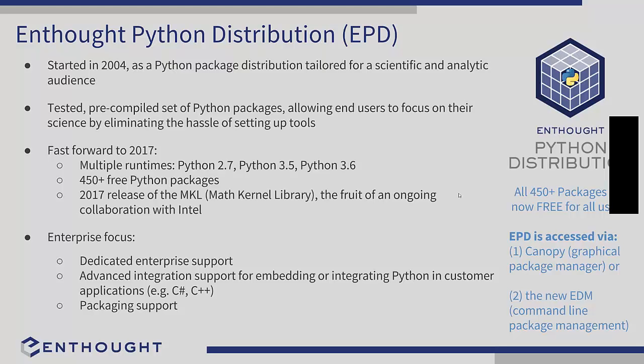Last but not least, the important thing for us in maintaining and developing the Enthought Python distribution is really our enterprise focus. What we provide around the Python distribution is dedicated enterprise support. What we want is that our enterprise customers can trust what they run, make sure that they always have something that runs, and potentially can take an EPD and put that in different conditions. That could mean properly deploying it on a cluster, deploying it within their AWS account or Google Cloud Engine,